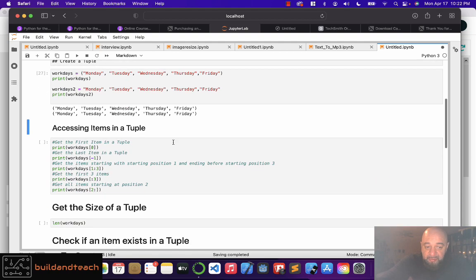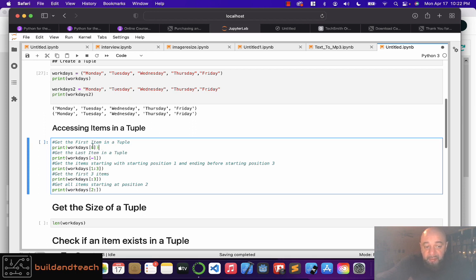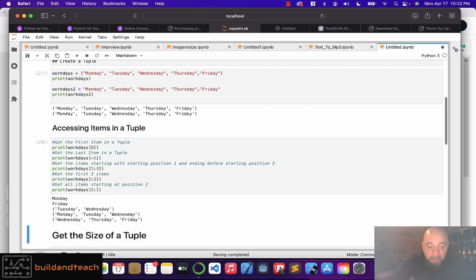Now again, since the tuple is indexed, you would start with the 0 position. So if you want the first position in a tuple, you would start with 0. If you want the last position in a tuple, you would do -1. And it also takes the slice notation. So you could say here starting at position 1 and ending before position 3. So this will give you, let's see right here,